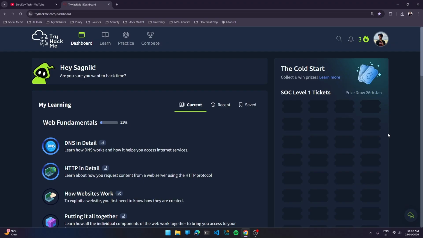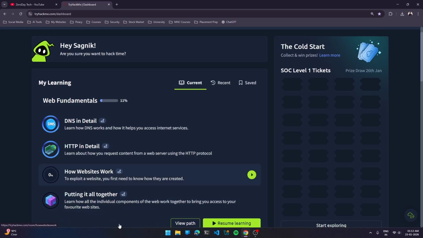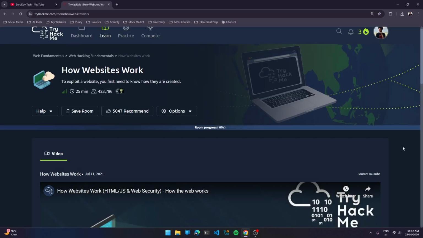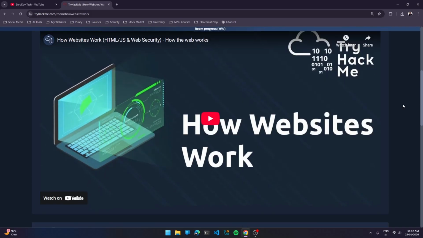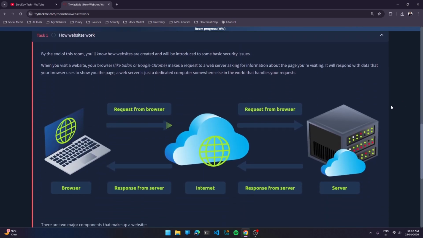Let's begin. So today we'll be covering the third room in this TryHackMe series of Web Fundamentals. So let's get into the room straight away. To exploit a website, you first need to know how they are created. Okay, so we'll be studying websites today. You can see a beautiful animation over here right now. By the end of this room, you will know how websites are created and will be introduced to some